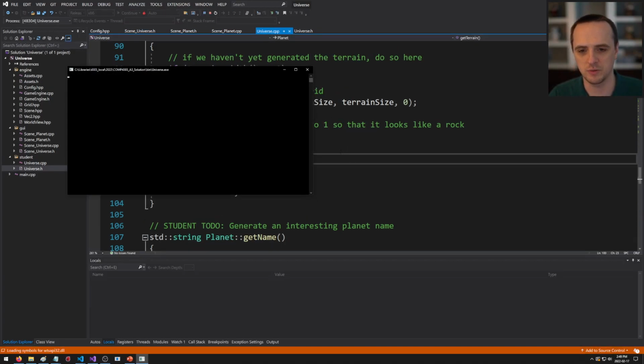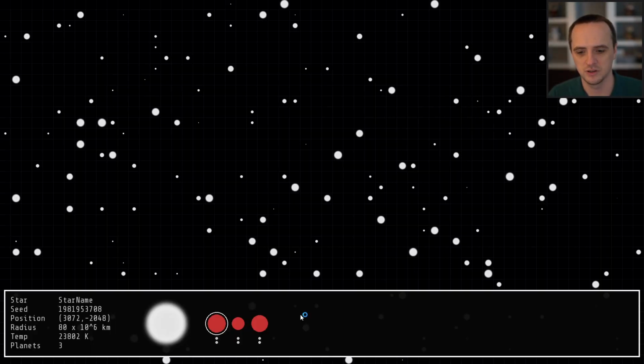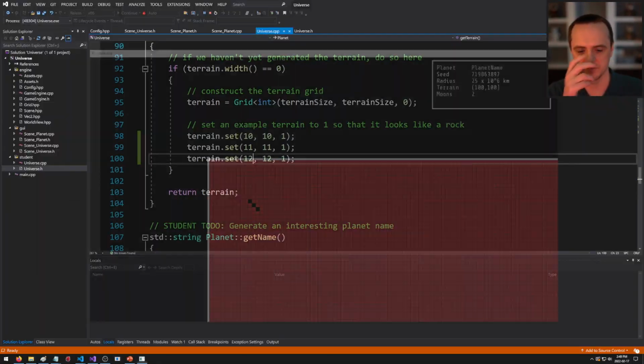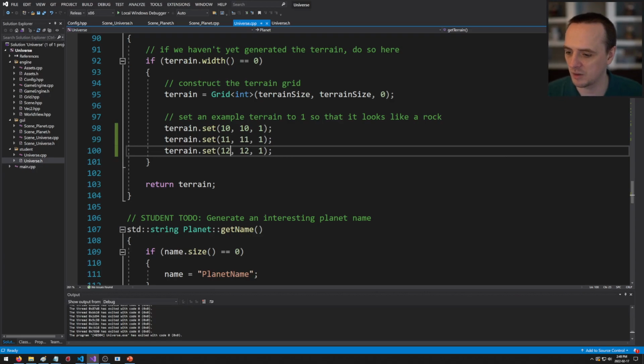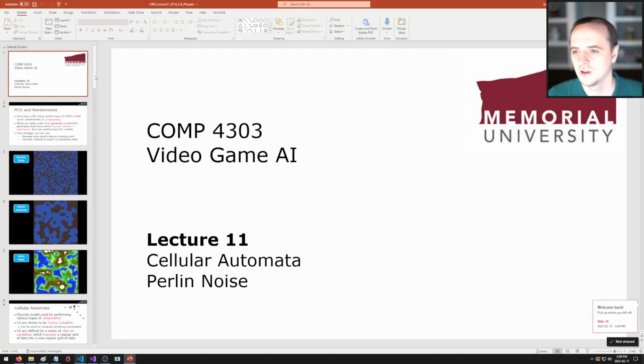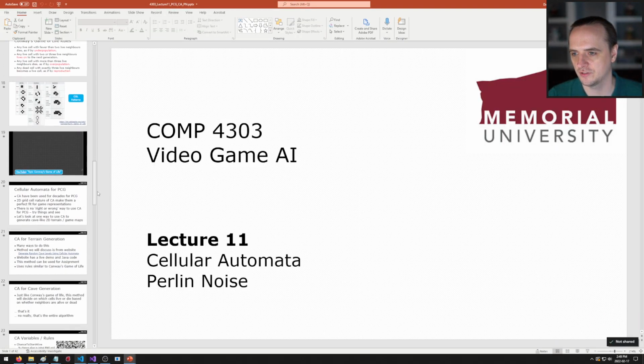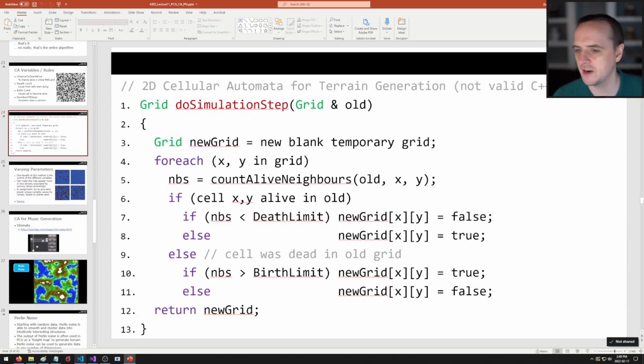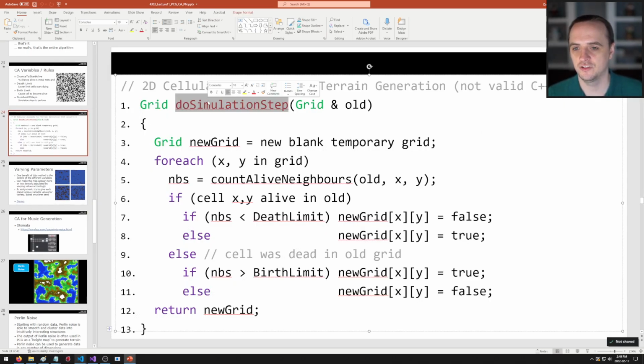If I go to another planet on another star system, they're all set to black. So your job is to implement the cellular automata method that we had in the slides. If I go over here to the lectures, remember we talked about this. So this algorithm right here, this do simulation step, you're going to implement this for some number of steps for